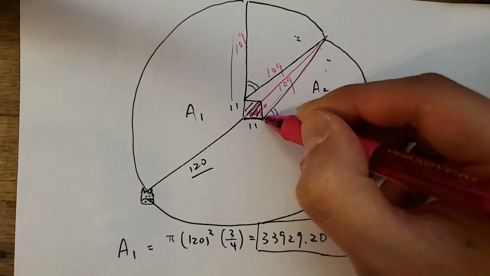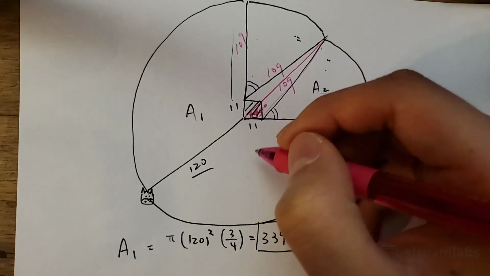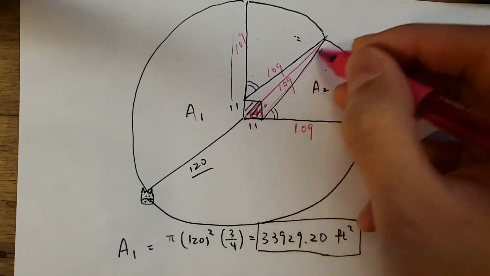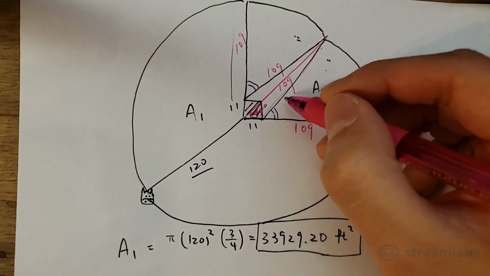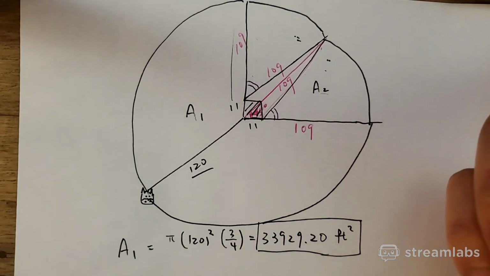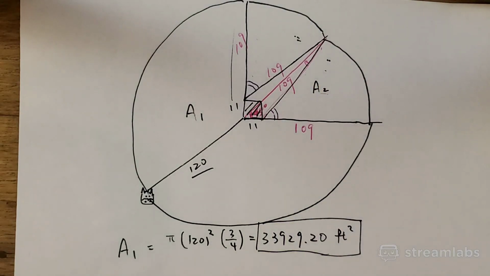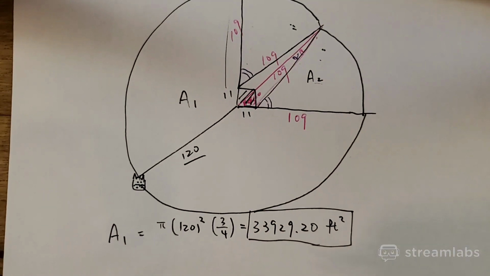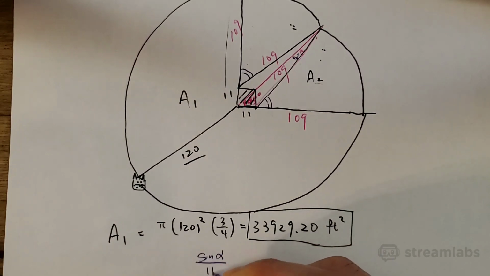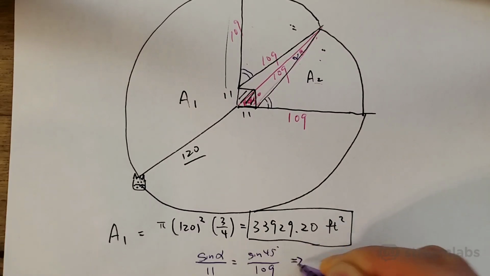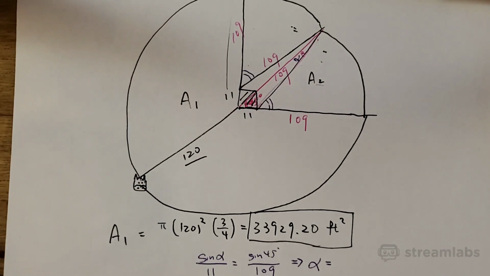to this length, 109, versus this angle to that. So right now you have two sides and one angle on the side, right? So to find that, you can use law of sine. So I can find this angle first and I can find that angle, okay? So let's just call this angle alpha or something, okay? So sine alpha over 11, this over that, is equal to sine 45 over 109,